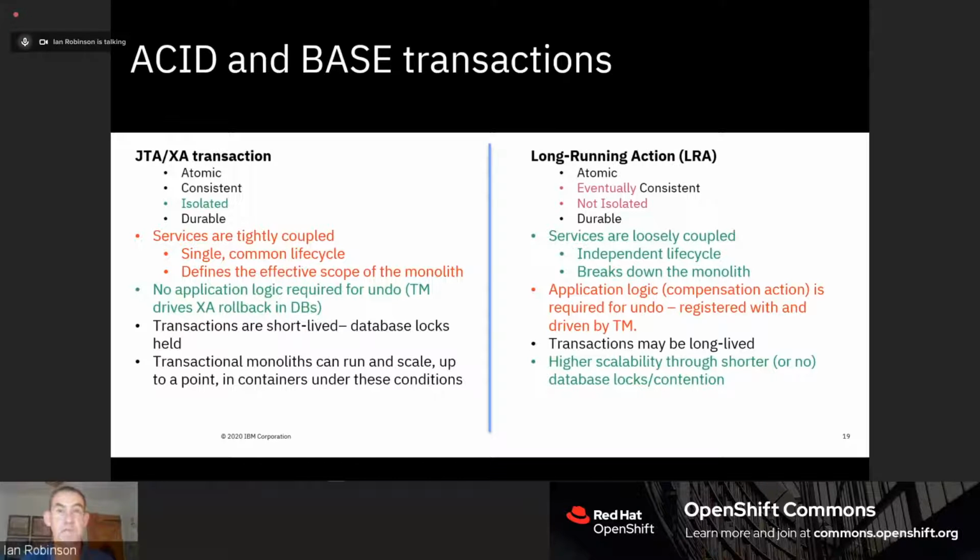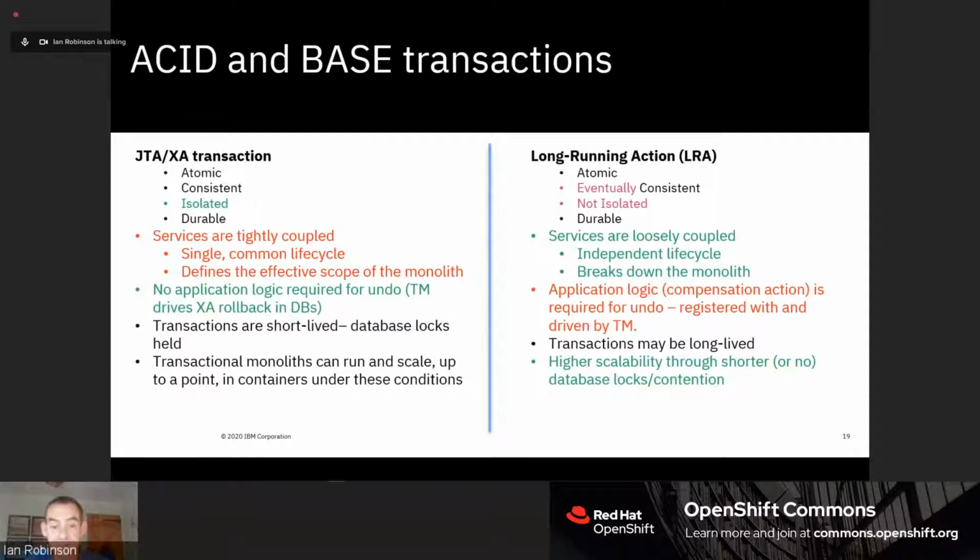And the consequence of that is you're deploying everything into a single container, and you move to containers on a kube platform like OpenShift. On the other hand, with long-running actions, data isn't isolated. It becomes eventually consistent at the end of the LRA after the complete or the compensate activities run, but at any point during the long-running transaction, the state may not be consistent until the end.